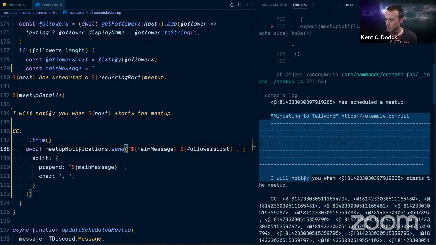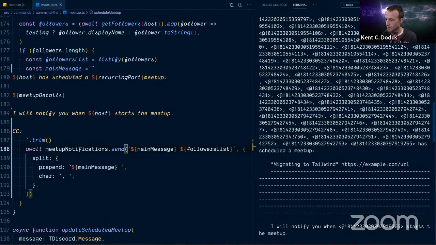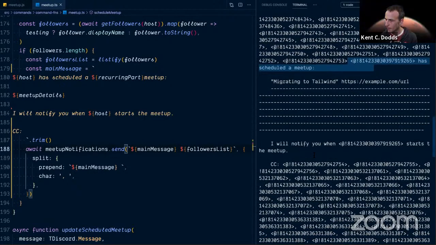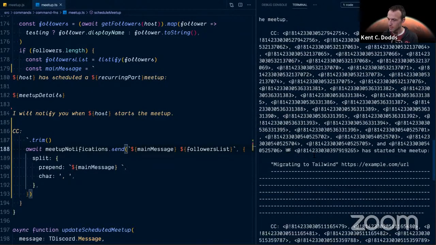Schedule this meetup. Here's all that stuff. CC all them. And then another message starting right here. Or yeah, right here. So started, scheduled a meetup. Yep. Cool.